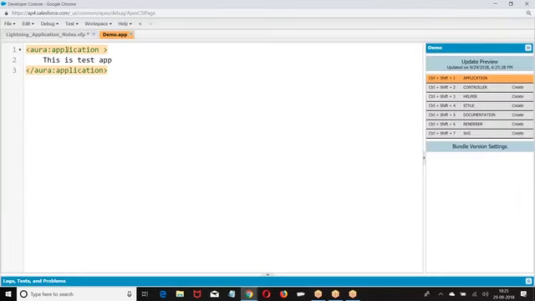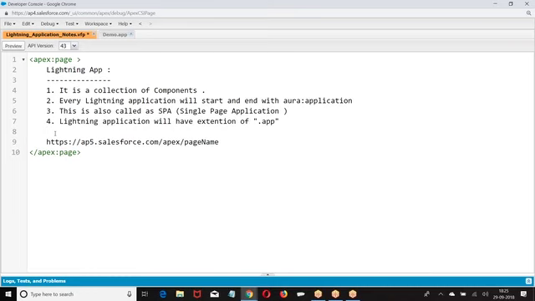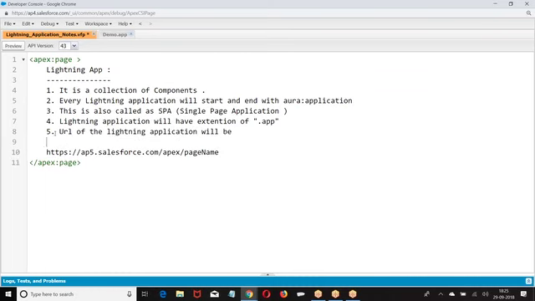So how are the lightning pages invoked? The URL of the lightning application: domain name slash c namespace slash